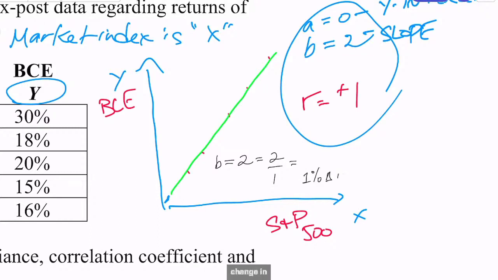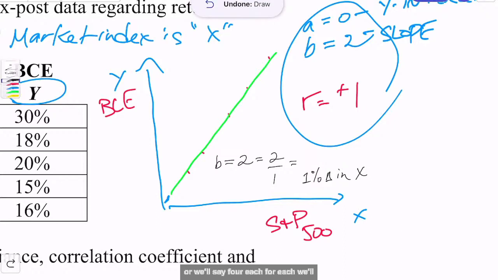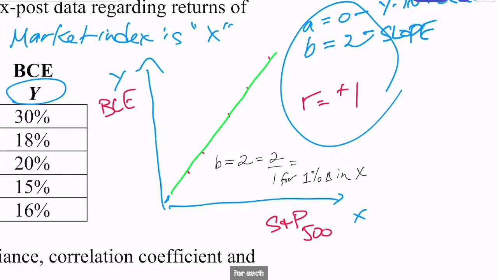So 1% change in x implies, or we'll say for each 1% change in x, y changes by,